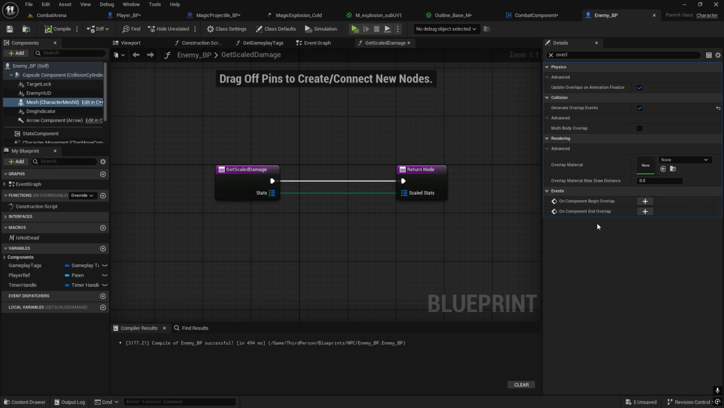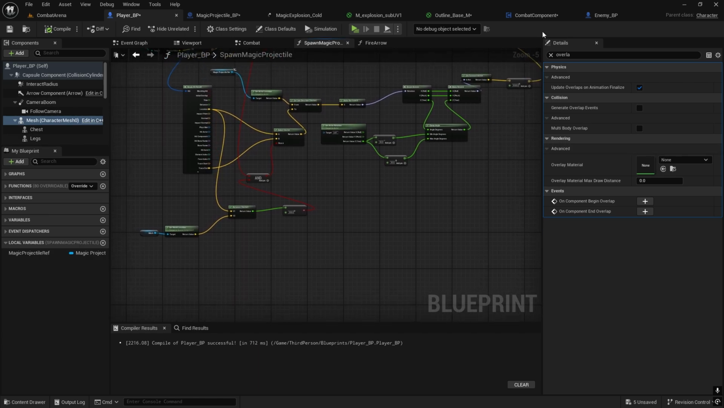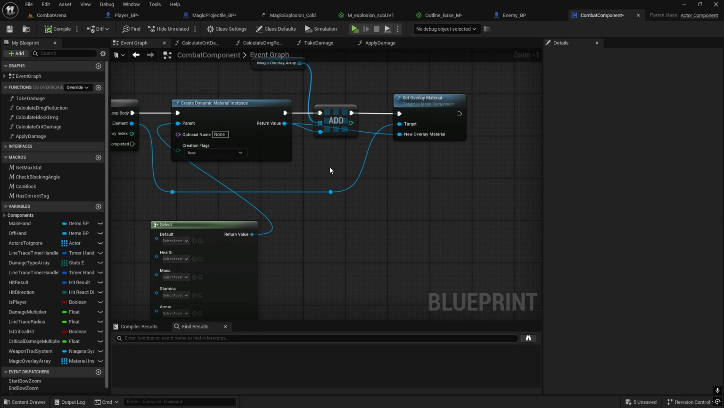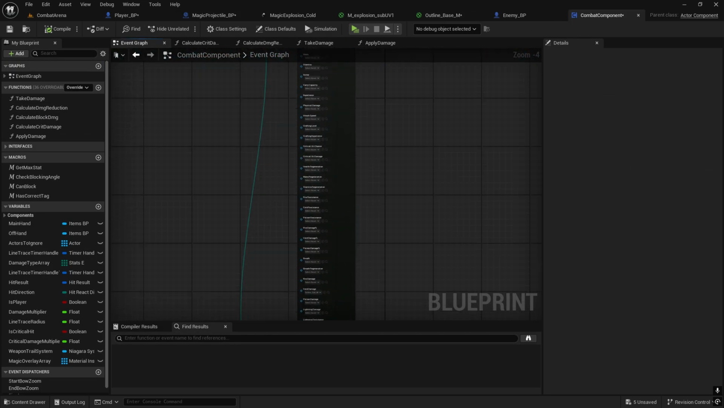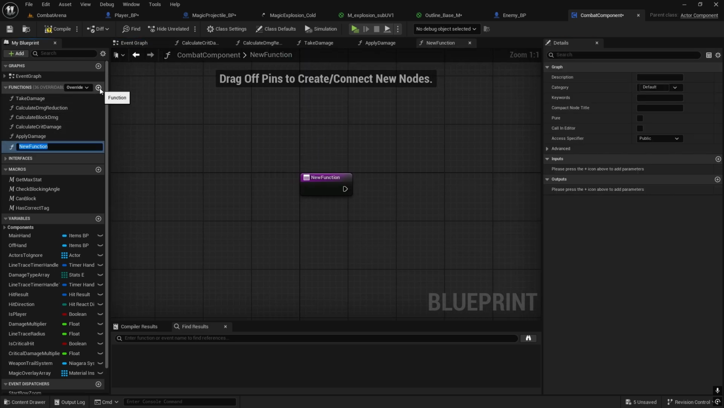So that's very up to you about the preference, but we're basically going to fade it out quite quickly, so it won't be so noticeable. To fade it out, what we need to do is go to combat component, and here we're going to create a new function that will be something like fade out magic material, magic overlay, fade out magic overlay,